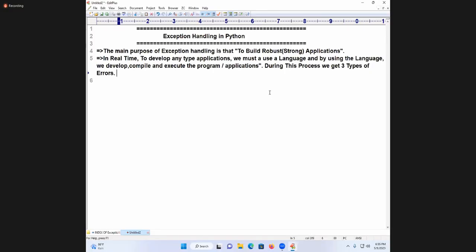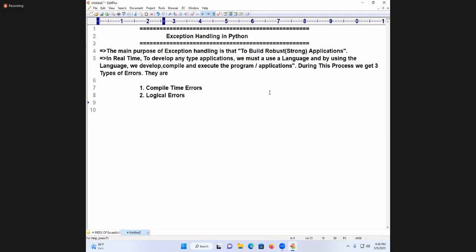Now I am coming to the subject. They are, number one, compile time errors. Second is called what? Logical errors. And the next third one is runtime errors.